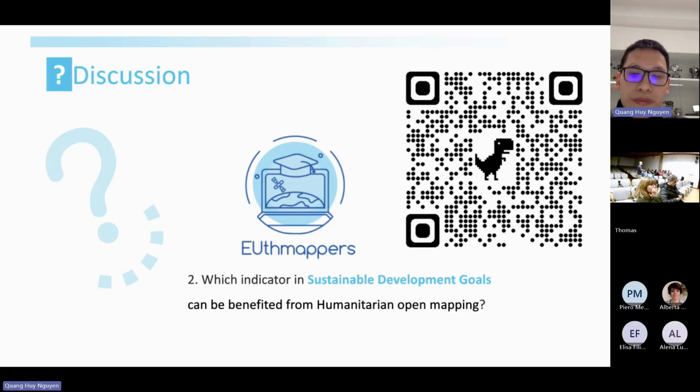In this case, you will see on your screen there are 17 goals, and you will rate them by stars from 1 to 5, so that we can see how interesting each goal can be to humanitarian mapping.